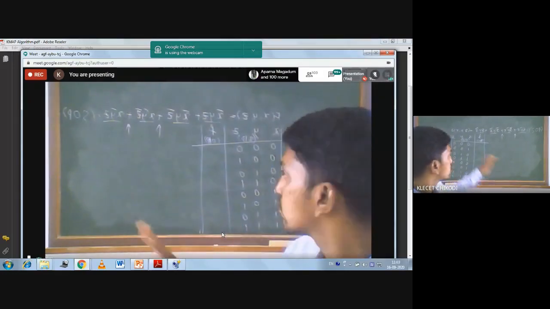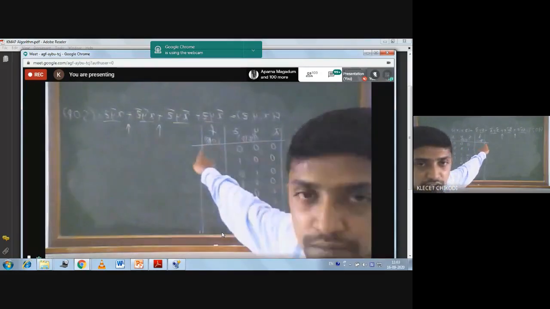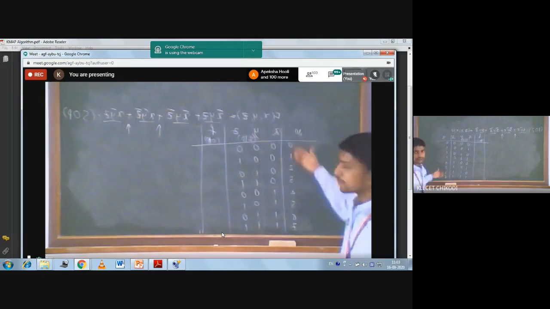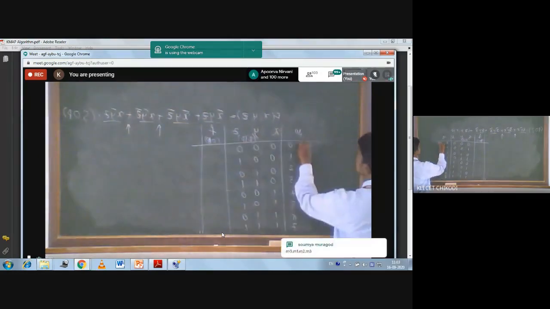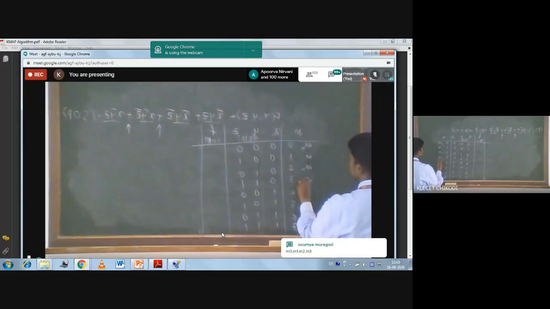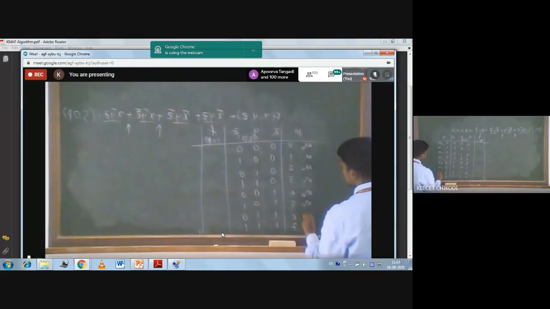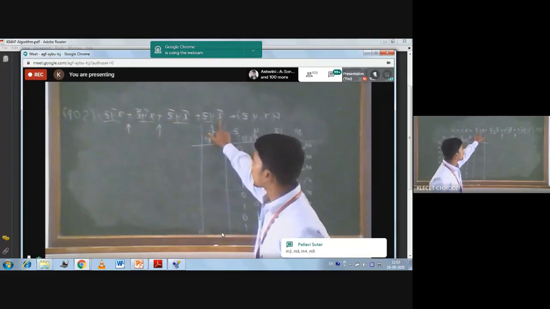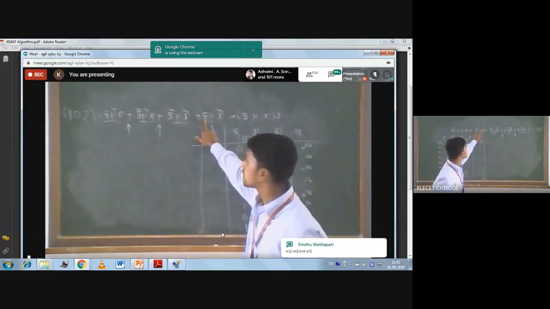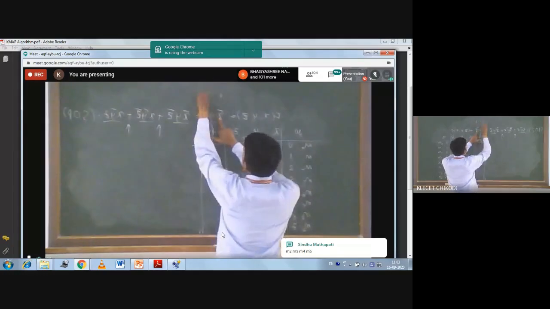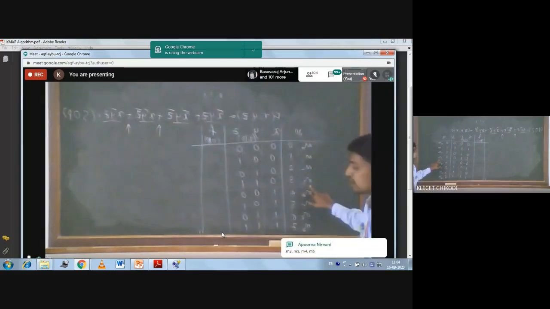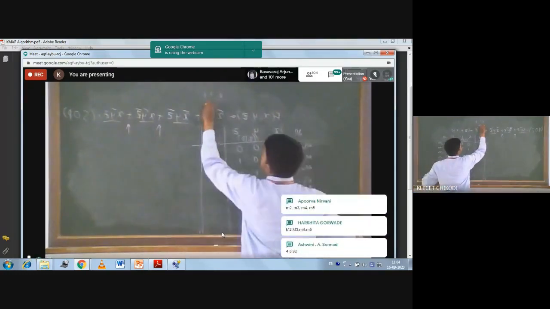Now can anybody tell me what the min terms available there are? You can see that these are nothing but the min terms: M0, M1, M2, M3, M4, M5, M6 and M7. This is X bar Y Z, that means it is 0, 1, 1. For the 0, 1, 1 input combination, the minterm is M3.